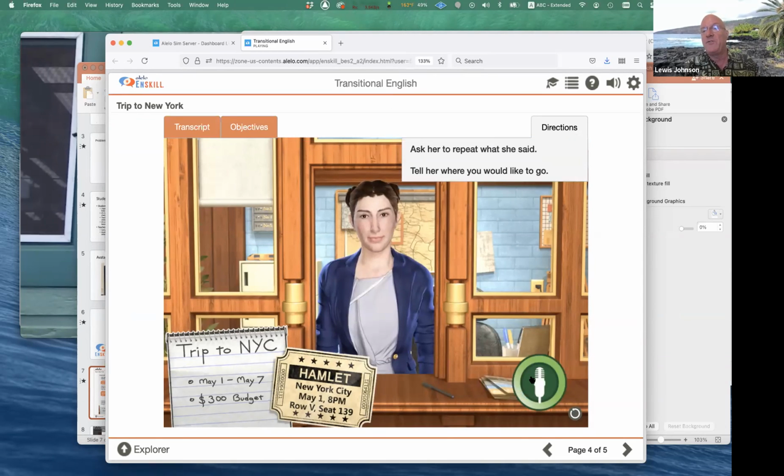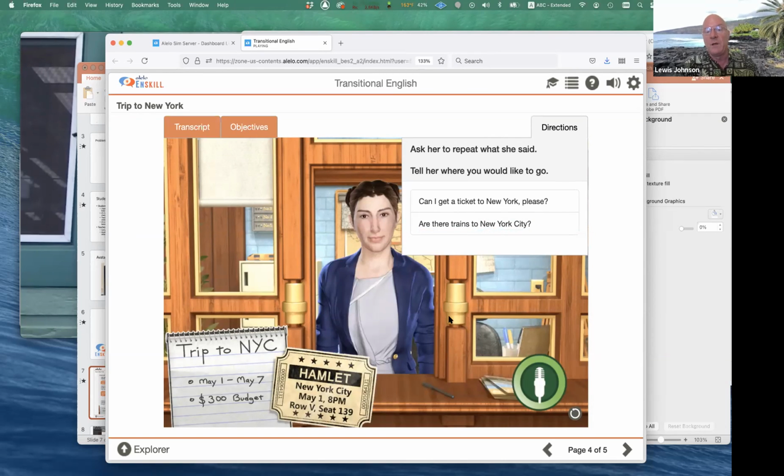So we designed these so that these can support students at different levels of proficiency. So beginners, if they're not sure what to say, they can ask for hints. But we're using natural language processing and speech processing technology, so the learner is not limited to these particular responses. They could simply say,